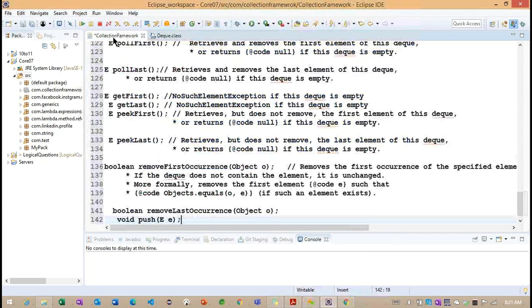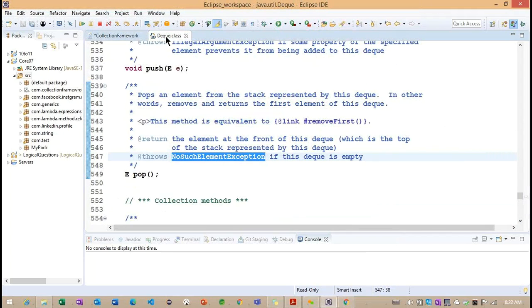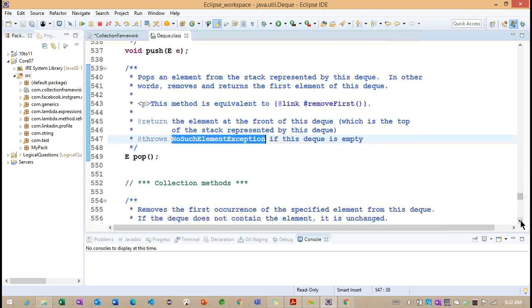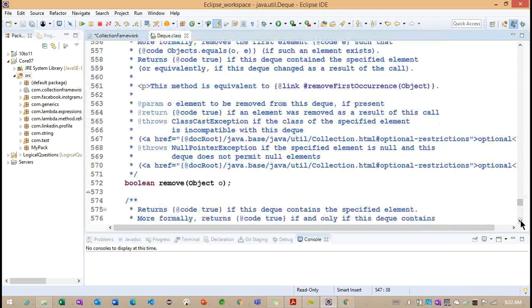So this is the purpose of the pop method. Simply put, while loading the object, if the Deque is empty, we are going to get an exception.